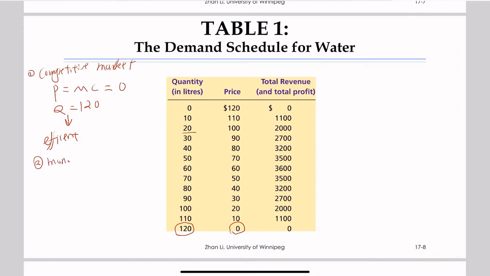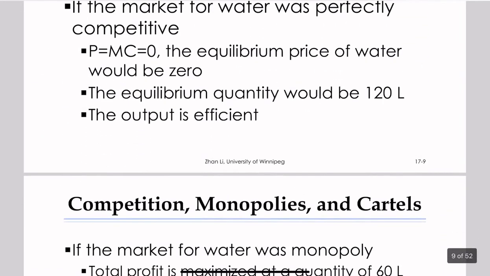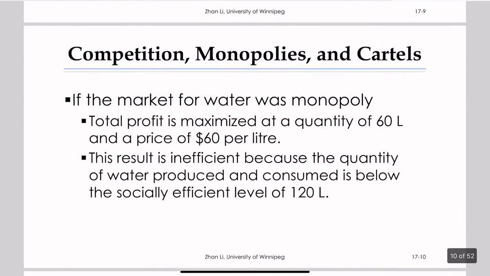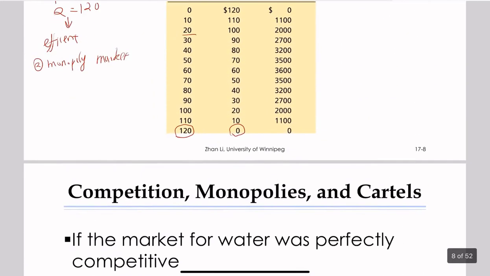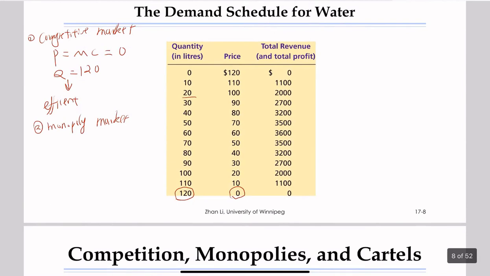So let's think about monopoly. In this case, we are thinking about monopoly here. So even if we have two sellers, we could still think about them as a sort of combination. Maybe they act together as one seller. In this case, we can consider it a monopoly market. So if they cooperate, they act like a monopoly. In this case, what is the price and quantity?